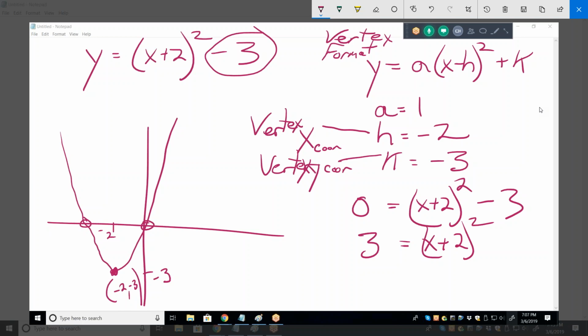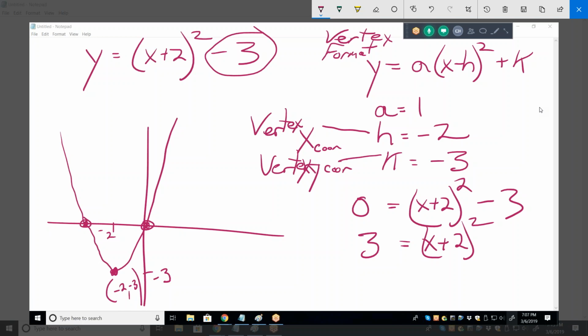I got 3 equal to the quantity x plus 2 squared. How do I solve for x? Because whatever I get for x are going to be these 2 points, and then I'll have every point I need on my parabola and I'll be done with the problem. So you've got to know how to solve that equation. When something's being squared,